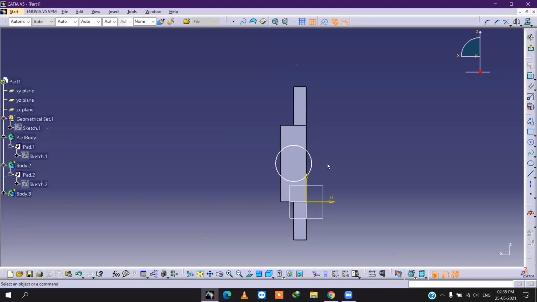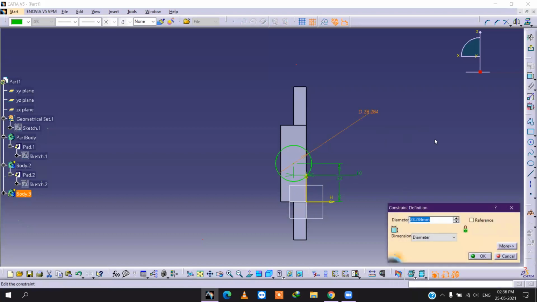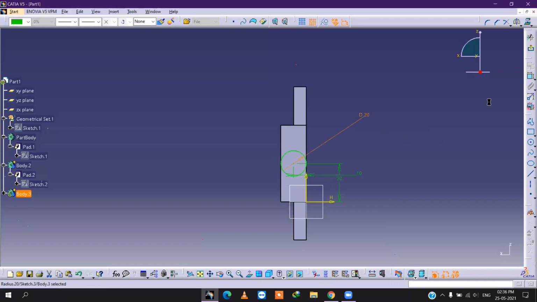Okay, for the reference I have taken, you can give the dimension if you want, also constraint. Let's give some dimension. Let's say this one.